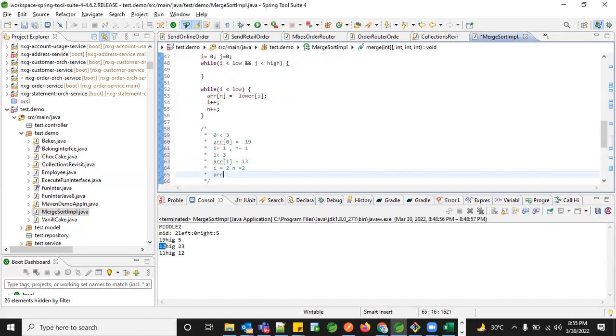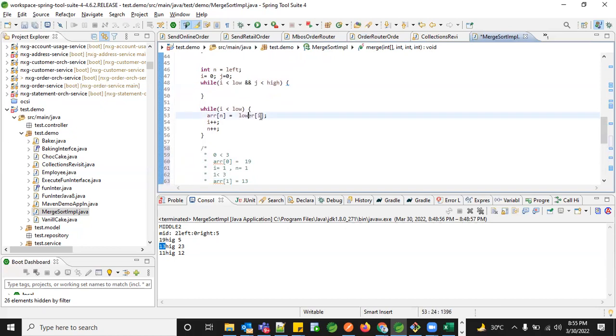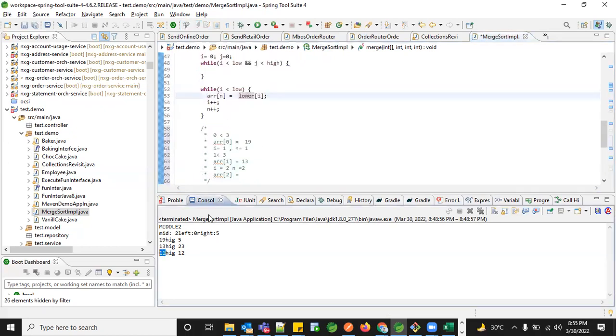And I'll go here, array of 2 is equal to lower of 2. So the lower of 2 is 11. So I have